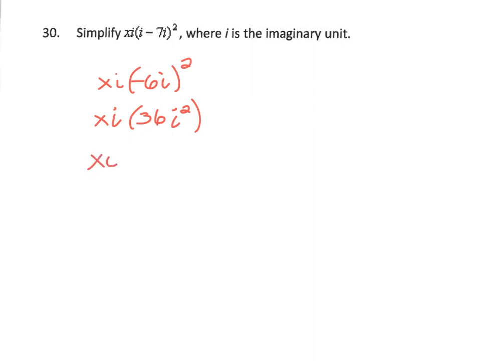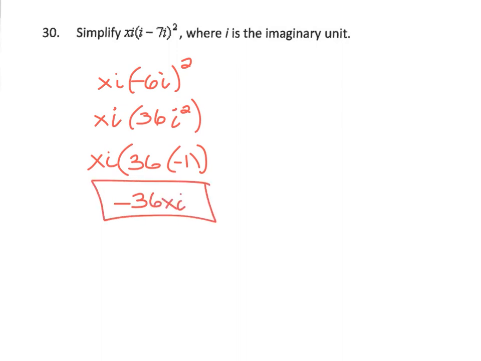So let me bring down the xi, right, because we know we don't want to leave exponents on i's. So we know i squared is equal to negative 1, so I'm going to replace that with a negative 1. So now to finish, we just have negative 36 times xi, and that is going to be your answer, negative 36xi. And if you wanted to check, you can always just plug this original expression into your calculator and hit enter, and you can plug this expression into your calculator and hit enter,